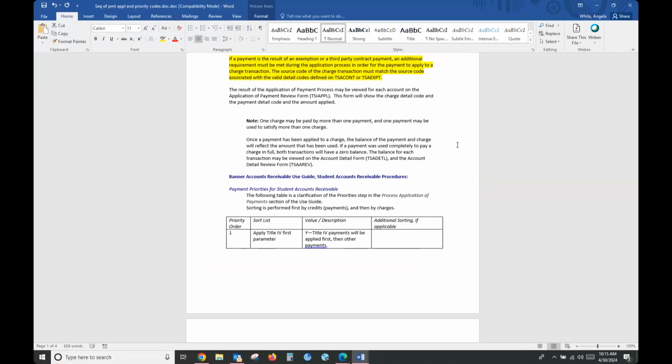When you type TGRA-PPL into the search box and you go to TGRA-PPL and you run TGRA-PPL through job submission, that is called a batch processing or regular processing of your application of payments. The very, very important thing to remember when you're running an online application of payment from TASREV, so when you go to TASREV and you do Tools, Apply Transactions,